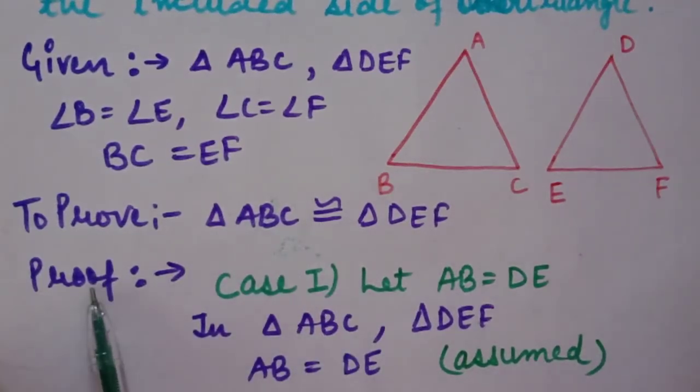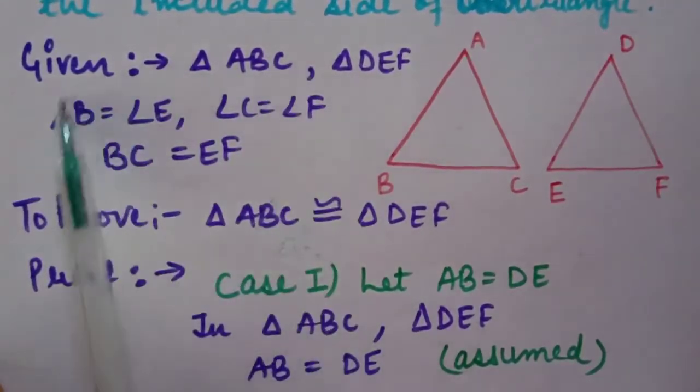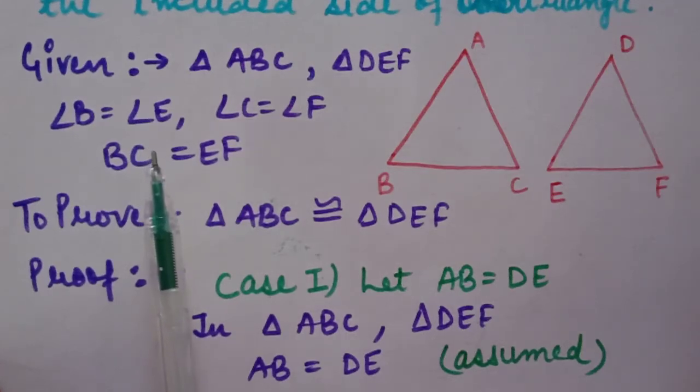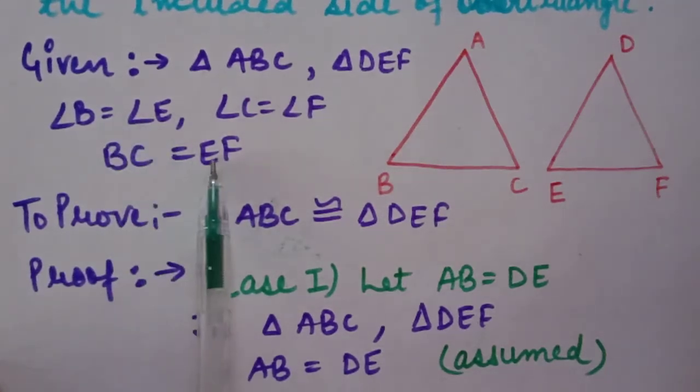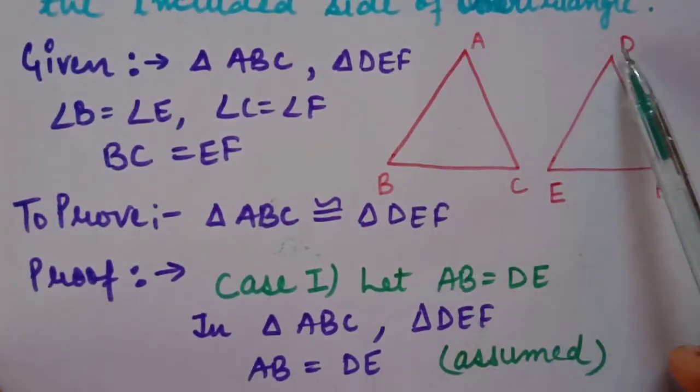For the proof, we will take three cases, because I already explained in your previous lectures also, because it is a theorem, we can't take three elements from here directly. We have to make one element by ourselves. For congruency we need three elements. We will take two elements from here, but for the one element we will take something from the other side. So in case 1, I am taking, let AB be equal to DE.